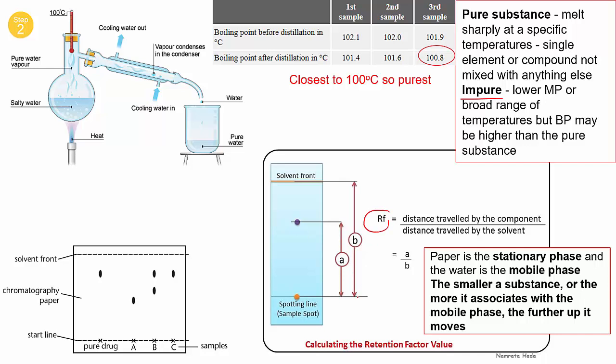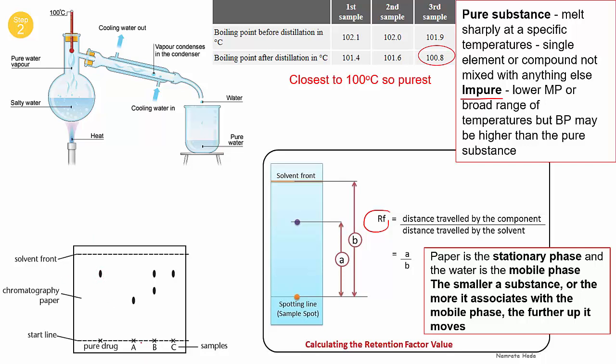The RF value is the distance moved by the component that's found in your sample, i.e. the thing that you can see moving in the chromatography paper, divided by the distance moved by the solvent front. You could be shown an example like this, where you've got a pure drug, that's shown here, only one type